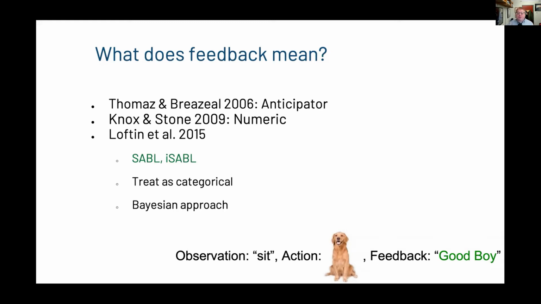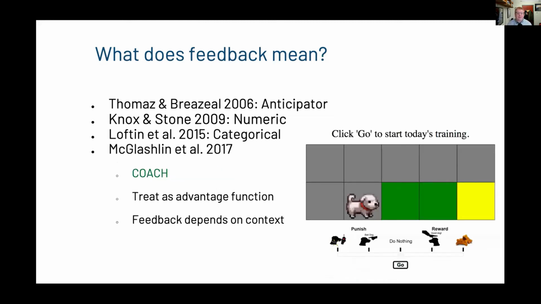So this is one way of training, but you could think of another person training, let's say you're teaching undergrads. When the undergrad does the right thing, you don't say anything. And when the undergrad does the wrong thing, then you make them feel bad. And that's another way of teaching. And if you treat these feedbacks as categorical, maybe you can figure out how the person is teaching. And in some cases, you can learn faster. So this is a third way of thinking about the feedback.